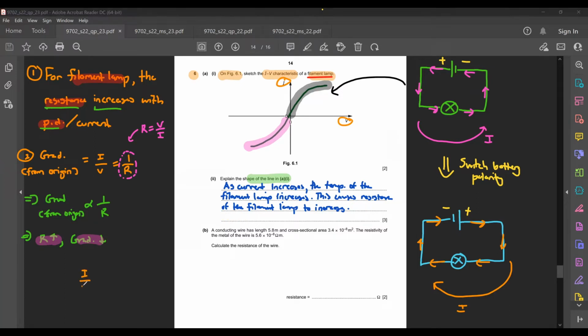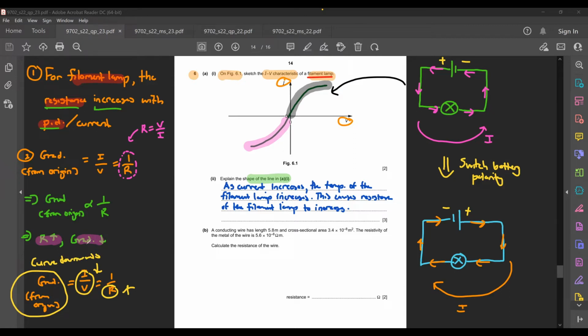I over V is equal to 1 over R. It was actually equal to your gradient from origin. So if my resistance is increasing, my ratio I over V decreases. Okay. So in turn, this causes the graph to curve